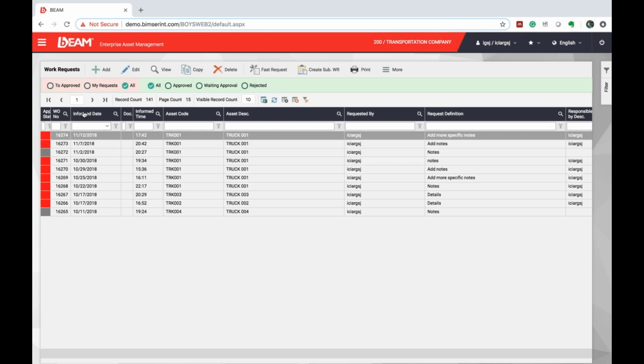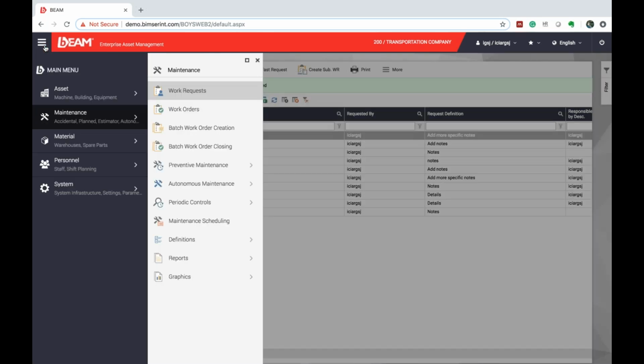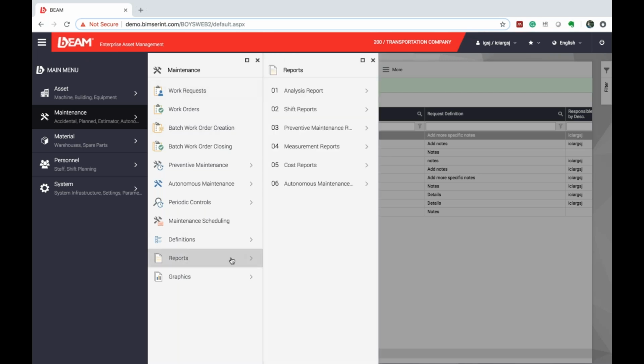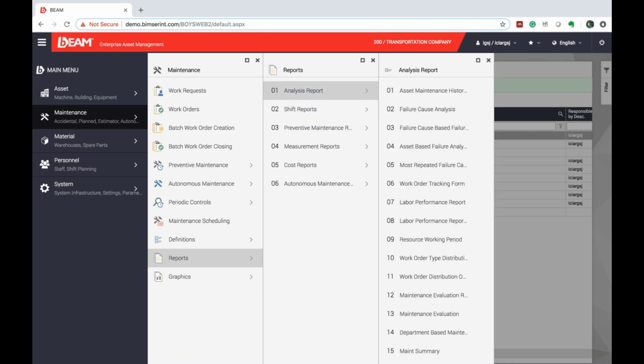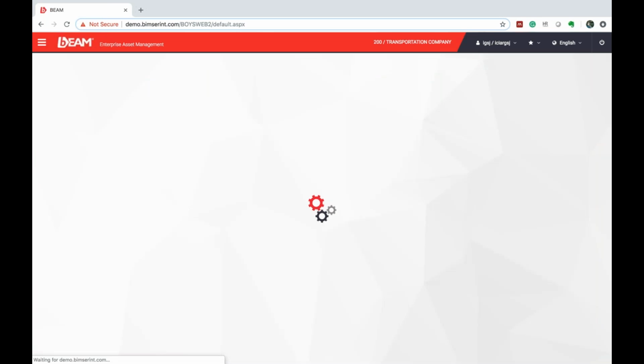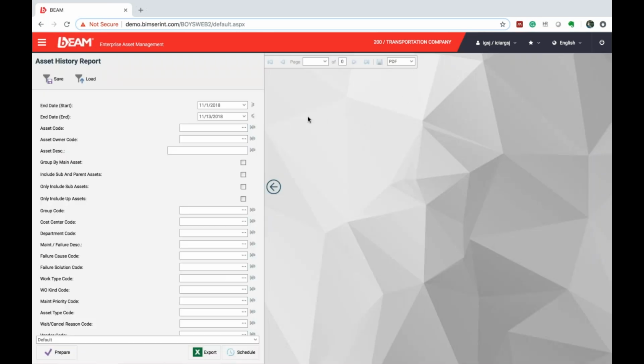And also in terms of maintenance, just to go over this overview, I'd like to show you one of the reports that we can create within the system. So you see that every module has a report section, and we have some predefined packages in terms of reports, and then there are also going to be some customized reports that we can offer our clients if they have some specific needs. And so, for example, we would be able to take a look at the asset history